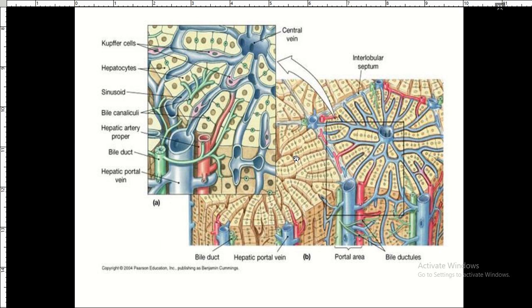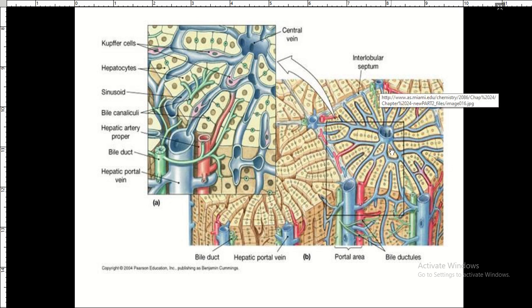Right. So this is a good schematic diagram of what we're talking about. You can actually see that these are plates or cords of hepatocytes, and this plate is separated by this space, right? What is found in this space? In this space, we have what you call the liver sinusoids. And these liver sinusoids are made of hepatic artery and portal vein, and they'll be draining blood into the central vein. So this whole hexagonal thing is going to be called your hepatic lobule